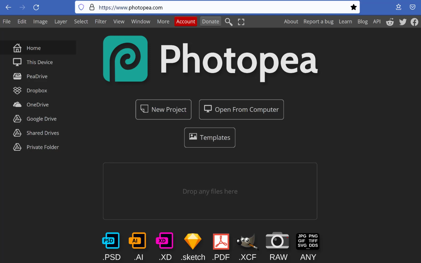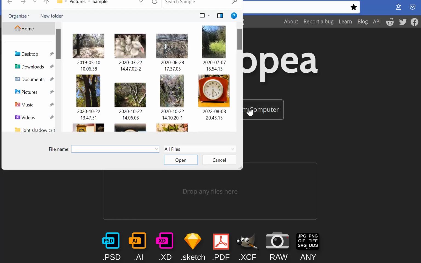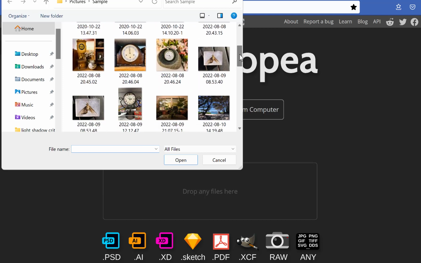All right, in this video, I am going to show you how to create a solarization-like effect in Photopea using curves. This can actually be done in any editing software that has curves. So the first thing I'm doing is I'm just going to open an